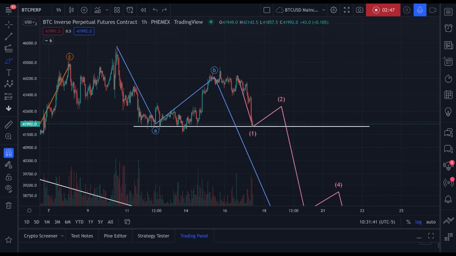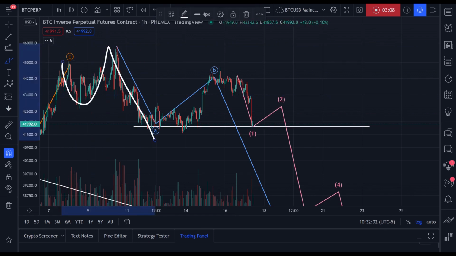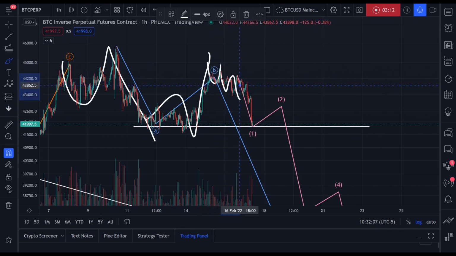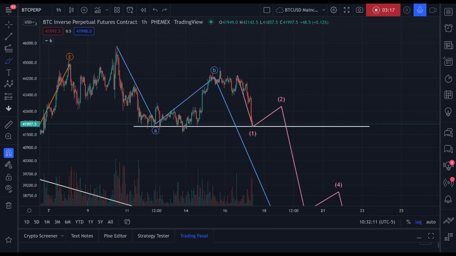Anyway, let's go into the more serious question. Where will we go? Okay, right here, we're putting in a leading diagonal. A leading diagonal, according to Elliott wave theory, is a 5-3-5-3-5 pattern. Okay, and that is an impulsive pattern, because we had an A wave, a B wave. It's followed by a pivot into our impulsive wave, right? And this isn't just a regular impulsive wave. This is, like I said, a leading diagonal.